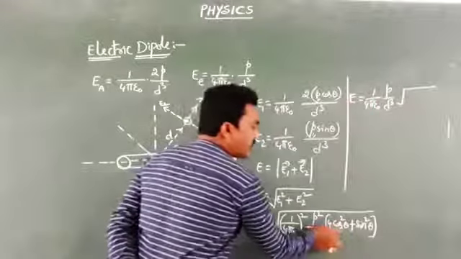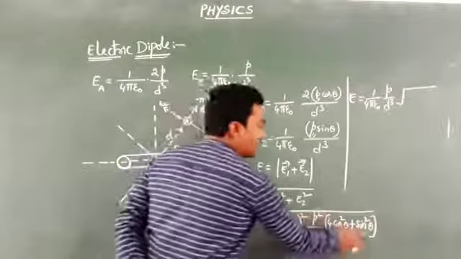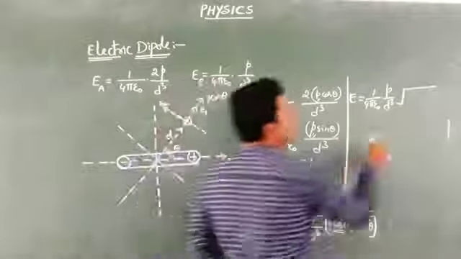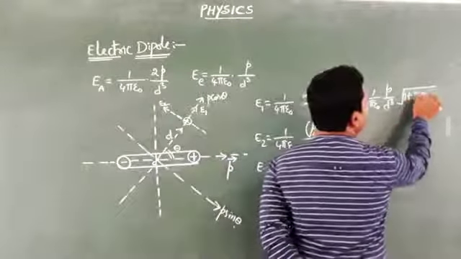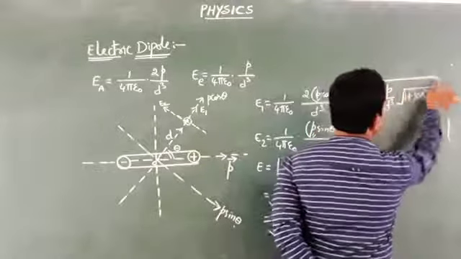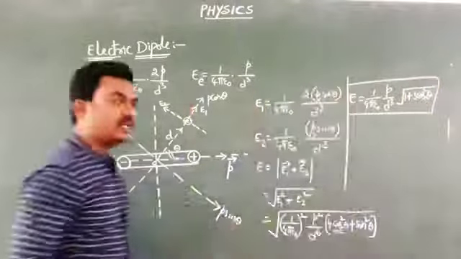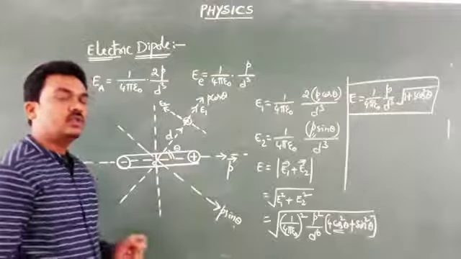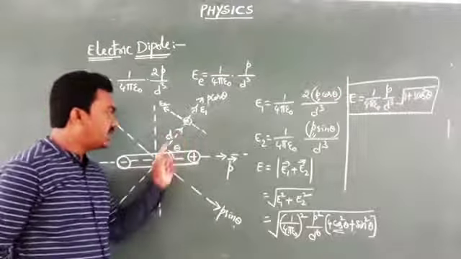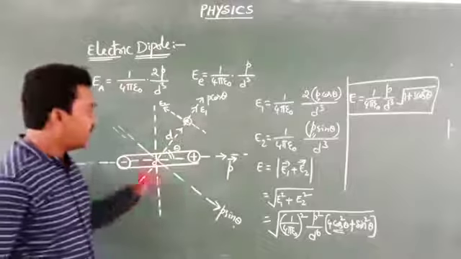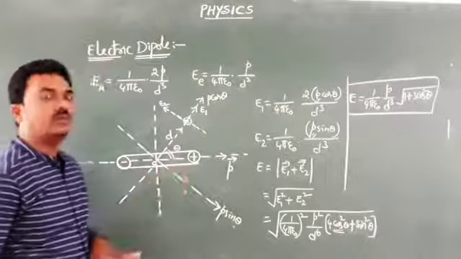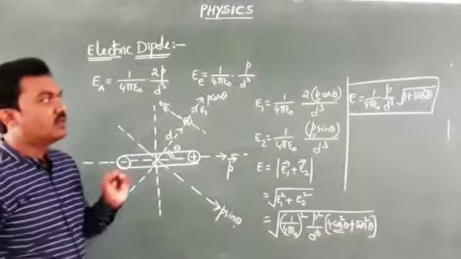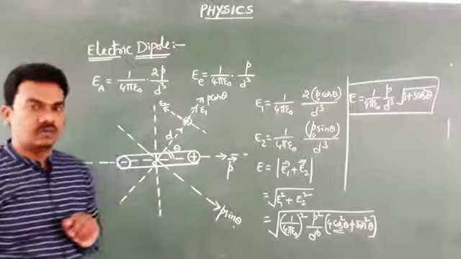Here, in 4 cos square theta, take 1 cos square theta plus sin square theta equal to 1. Still how many cos square thetas are left? 3 cos square thetas. So your equation becomes 1 plus 3 cos square theta, the final equation for the electric field intensity at that point due to the electric dipole. So if a point is located at a distance d from the center of the dipole and at an angle theta with the axis of the dipole, then the field intensity is 1 by 4 pi epsilon naught into p by d cube into square root of 1 plus 3 cos square theta.